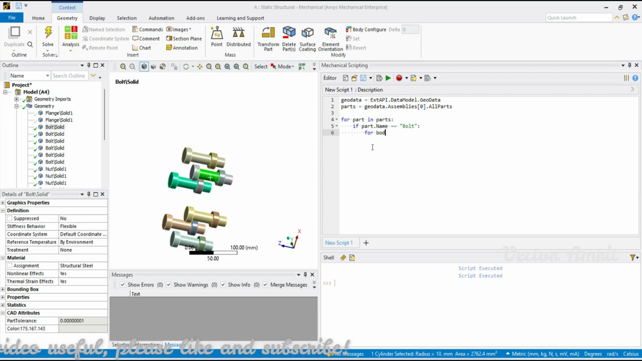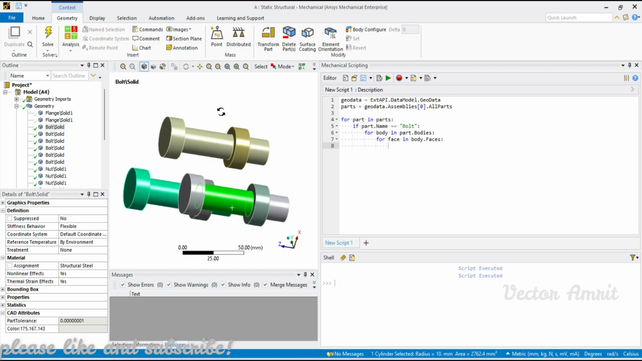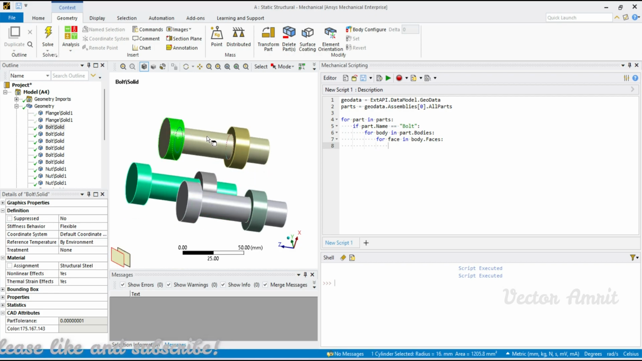So for body in part dot bodies. Okay, now I am inside the body, and then inside body I have to loop through faces. So it will be for face in body dot faces. It is capital body dot faces. Now since we saw that these faces are of numerous type, I need to work only on cylindrical surfaces. So I will again put an if statement telling if face dot surface type is equal to